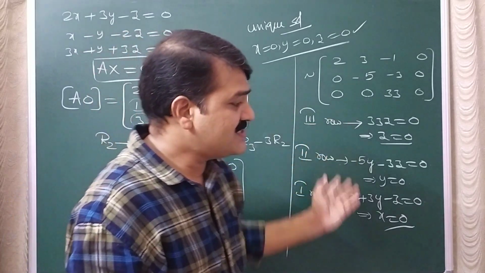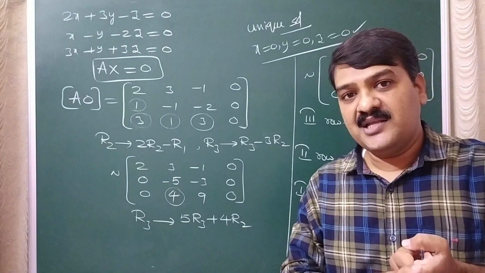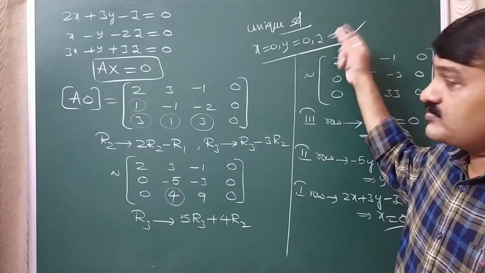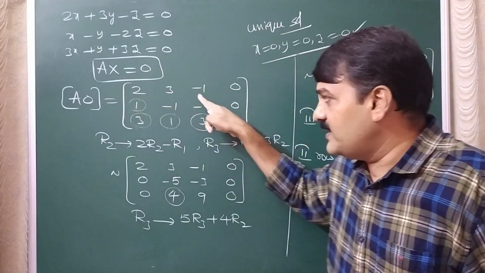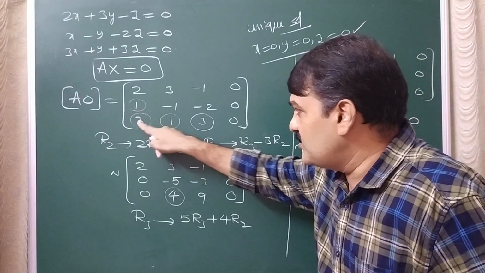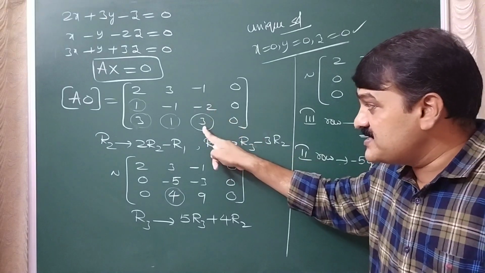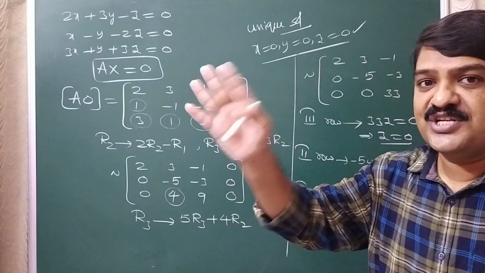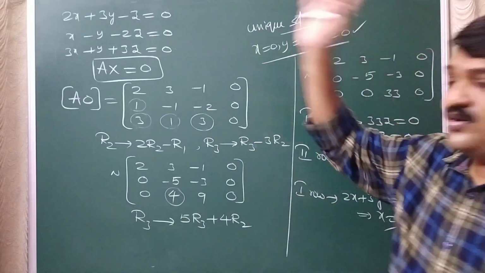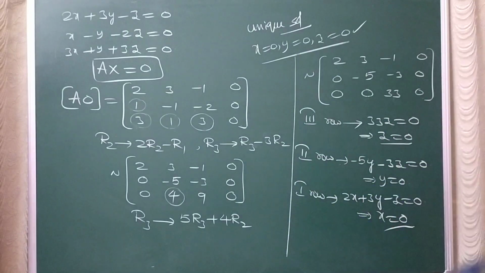Okay, so this is the second model. First model: find det A not equal to 0, unique solution. Unique solution means this is the solution. Second model: take the augmented matrix, try to get zeros in these three places. After getting zeros in these three places, you check this place. If this place is non-zero, unique solution is the answer, and the unique solution is always this. So this is one model, that is, the unique solution model.